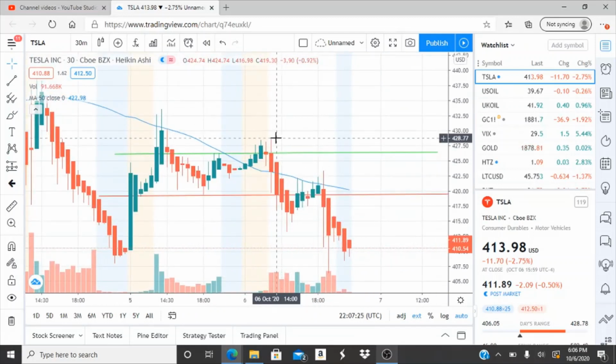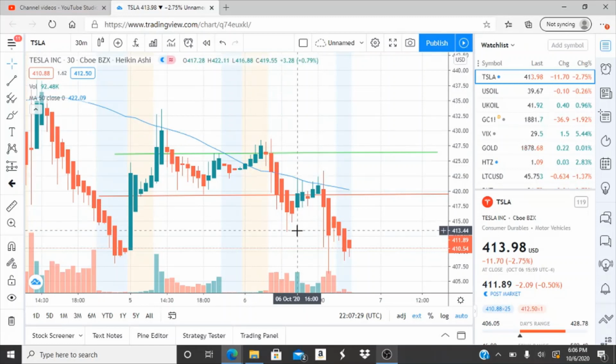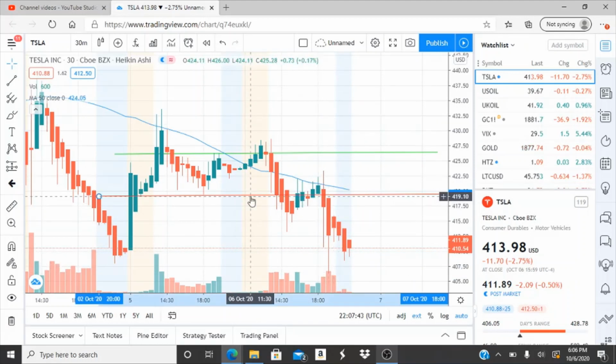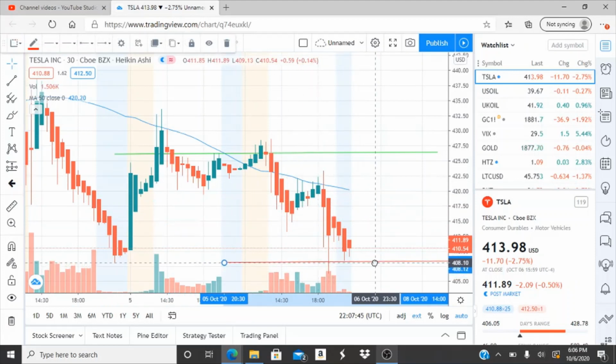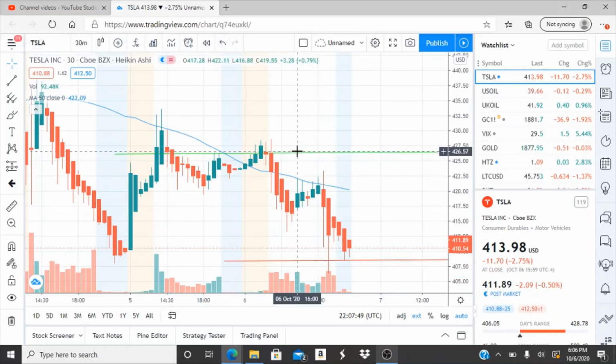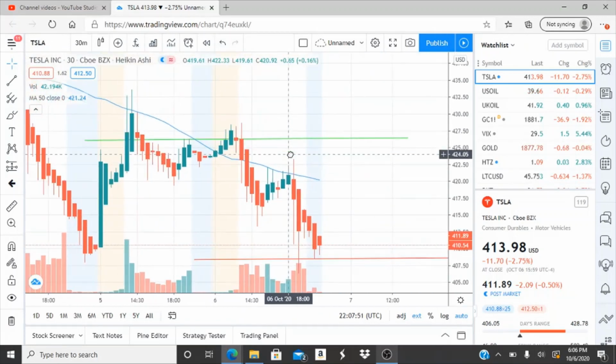So resistance was broken through for about 2 hours, quickly hit new lows all the way down here at 413, quickly rose again because the bulls tried to reappear and break through the 50-day moving average. Did not work, and the bears tore this one down, hitting lows here of 406. So we're going to see here what's important for tomorrow and also our new resistance levels and our new support.